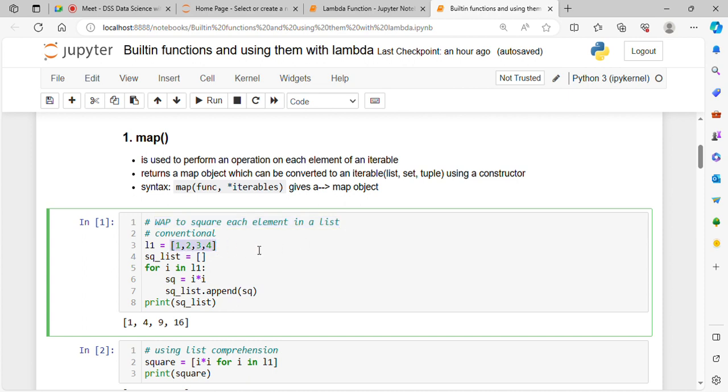Okay, so suppose this is my list 1 2 3 4, and I want to square each element, 1 square, 2 square, 3 square, 4 square. So my output list will be 1 4 9 16. Okay, this will be my output list. So how can we do it? Using conventional method,